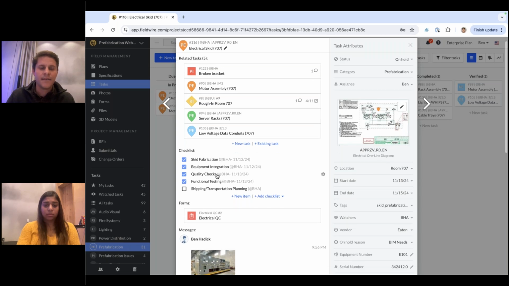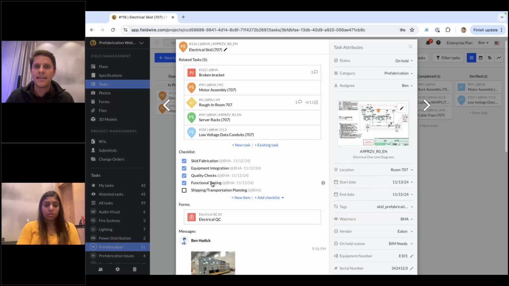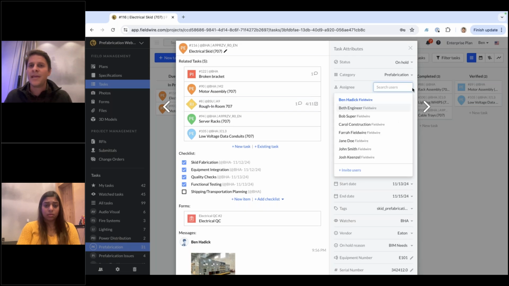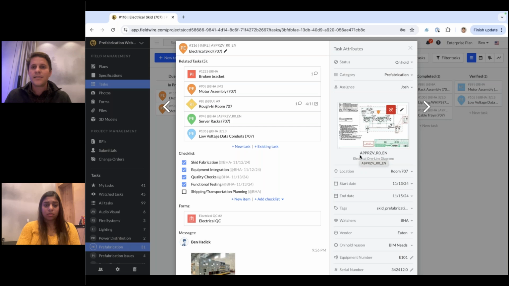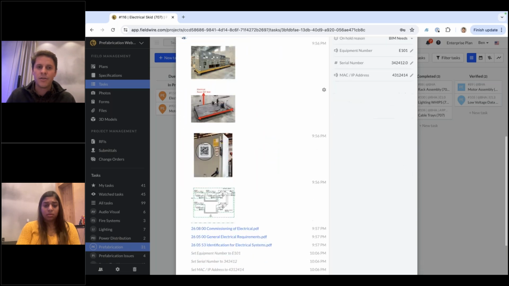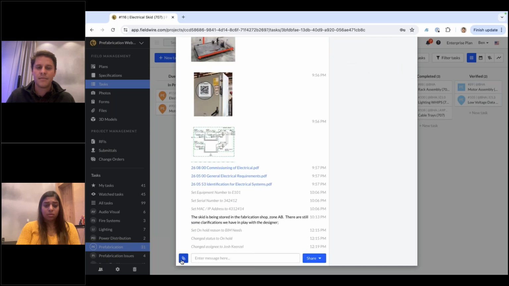As I've shown here, the checklist items are done. And what I would do is I would take this and assign it to the PM that's going to be receiving this skid. So in this example, I'll assign it to Josh Kienzle. He's going to receive a notification on his iPad, and he'll see, okay, the electrical skid is ready to be delivered. Then Josh would go to the task once he receives the shipment, go to form,